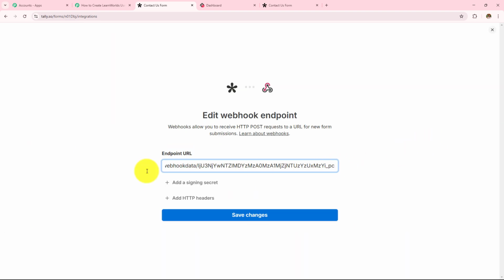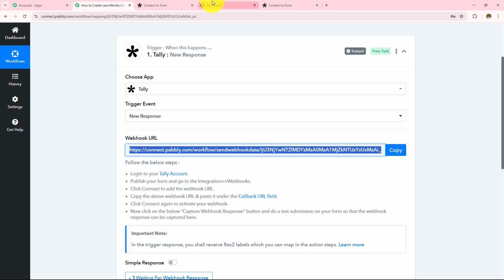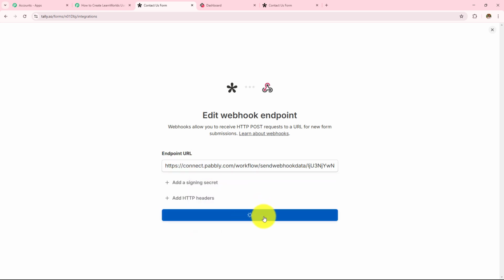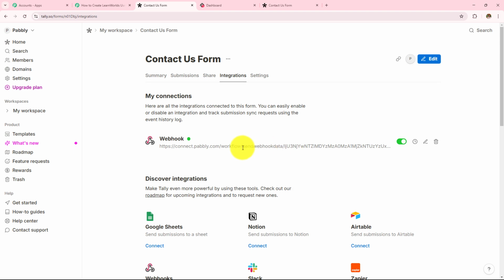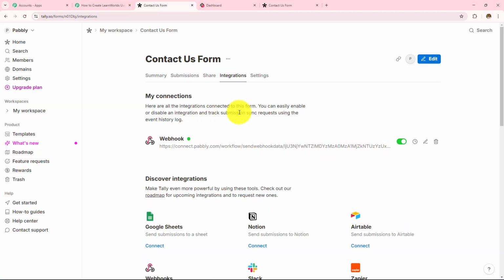Now I'm going to remove the previously existing webhook URL and then I have to provide the endpoint URL. So I need to provide the same webhook URL which I was provided in my Pabbly Connect workflow. So I'm going to copy this webhook URL and paste it over here, and then I have to click on Save Changes. Here I have successfully added the webhook URL which I was provided in this workflow